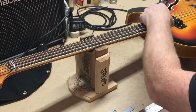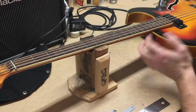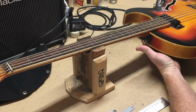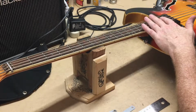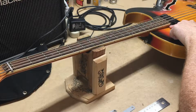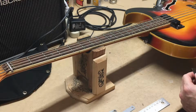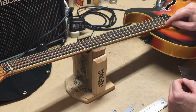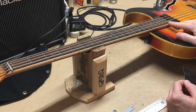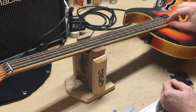My guess is this is a bolt-on neck, so I can unbolt it, which I'm going to take the whole thing apart anyway for the cleanup and all of that. But what I can do is put a shim. I've got some thin maple that's like 20 thousandths, and so I can cut and put a shim underneath the back part of the neck here, and maybe even two, depending on how much, because